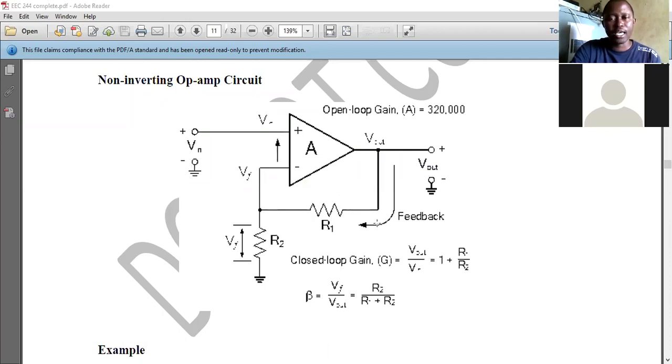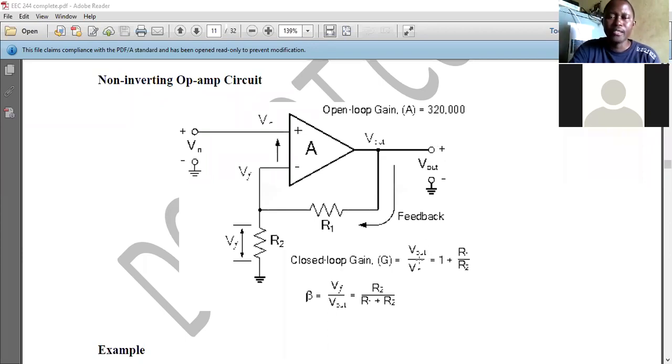You see the signal here showing the feedback network. You also see that there's another resistor that is connected from that same terminal, the inverting terminal, to the ground. That is the feedback voltage, VF. Then we have VA here. Now, the open loop gain of the amplifier is 320,000, and the output voltage is taken from